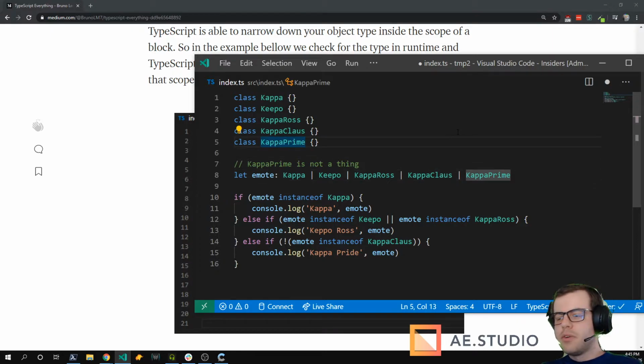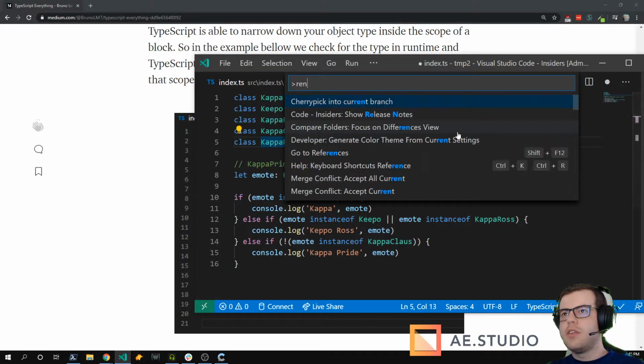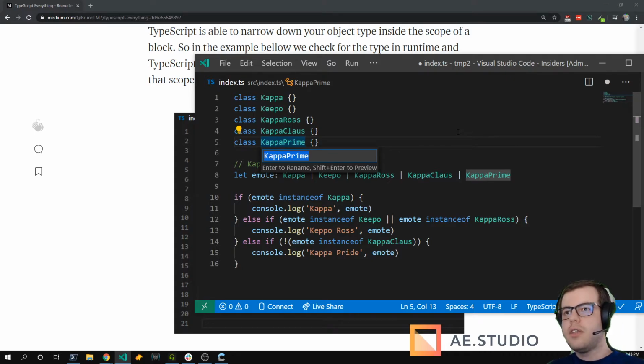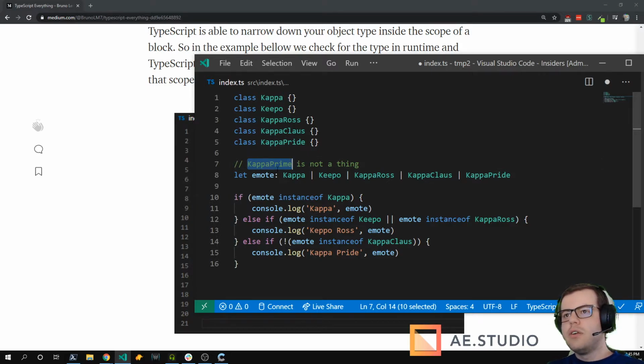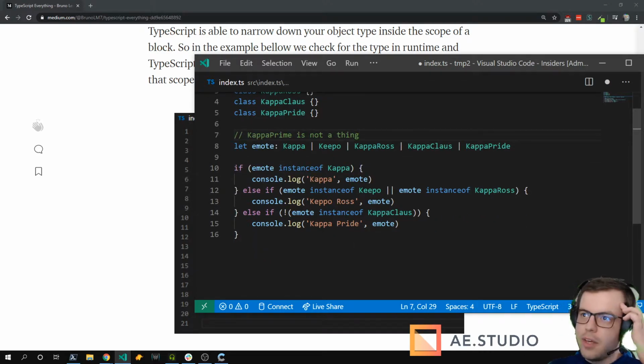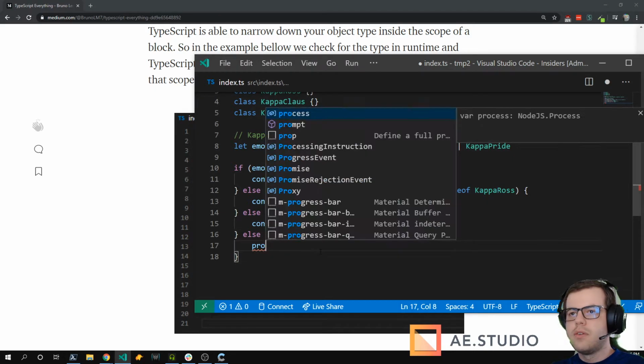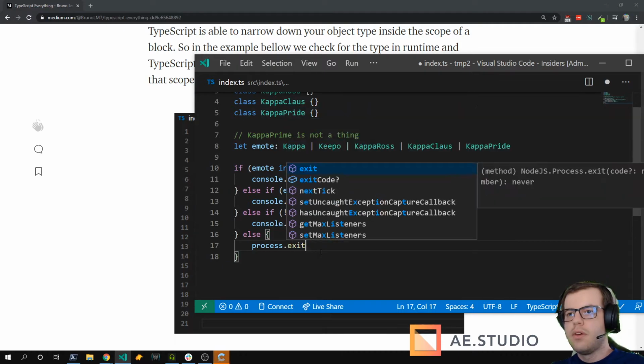So because TypeScript knows the types and it knows all the references, even across files, I can press F2, or I guess I can do rename symbol, and I can type my new thing, kappa pride. And it renames only the references to the variable. It does not rename comments or things that are not the same reference. Okay, anyway, so going back to this example, the other condition is that the process is going to exit.